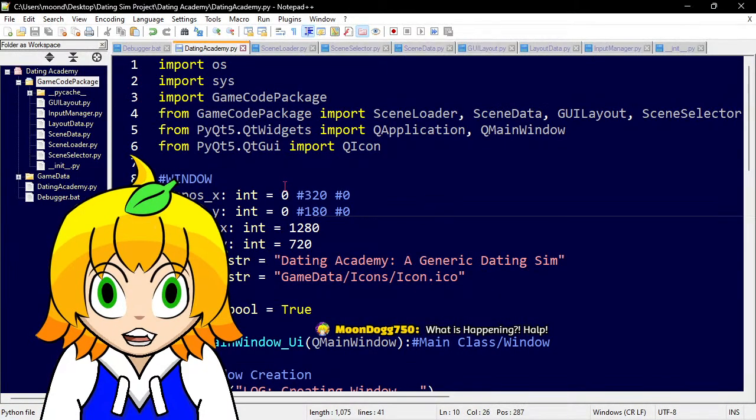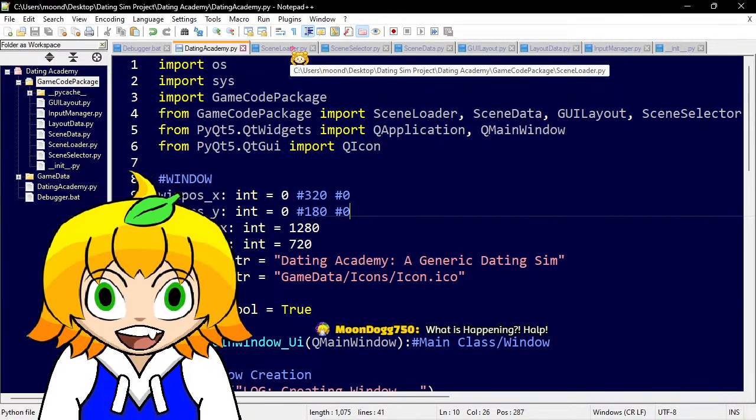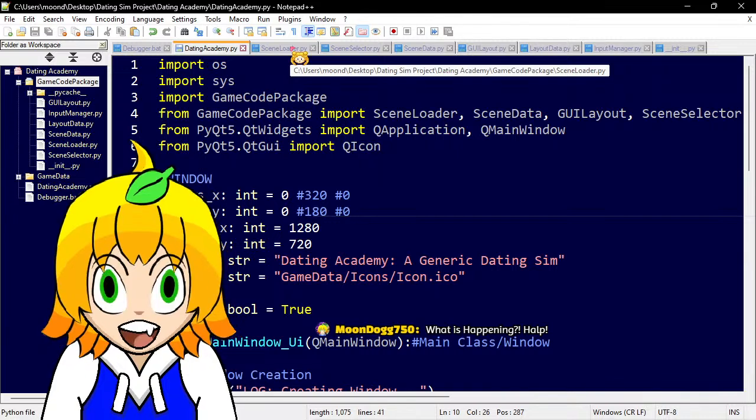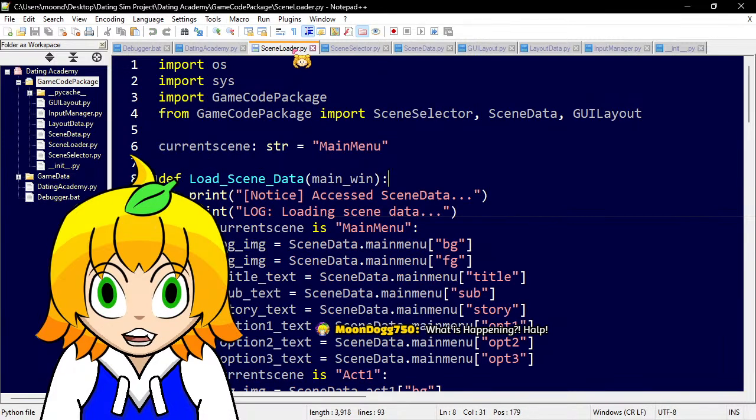So if we look at this in Notepad++, because that's what I work in, because I am a poor man and I can't afford the good stuff. Also, I don't like all the fancy bells and whistles of overpriced software either.